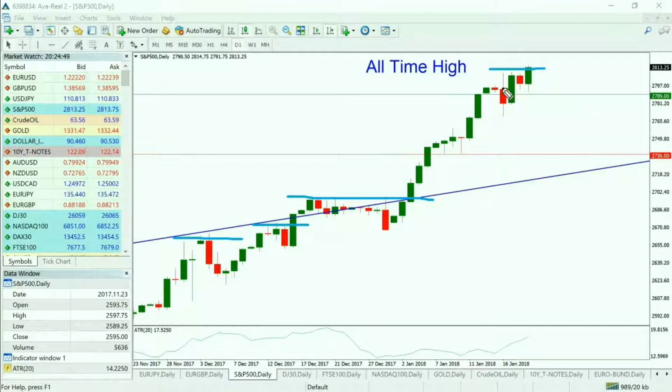So what would be nice is if we had this market work within more conventional styles of trading, rather than continuing to drive higher. If it just had a natural correction and gave traders opportunities to take it higher. But that's not happening. So that's the market condition in which we're trading in this market.